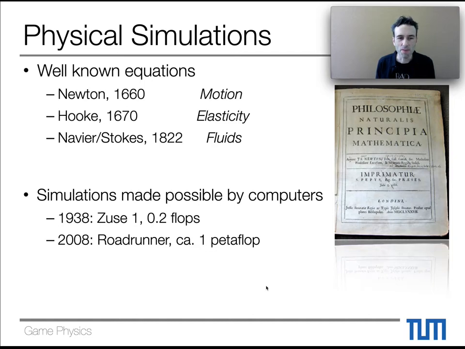One of the milestones, in 2008, also more than 10 years ago now, was the Roadrunner architecture with the petaflop, and by now the hardware seems to change a bit. We're moving towards these GPU parallel architectures, but nonetheless, the compute power we're seeing is still constantly rising. In a way, this is also what makes it possible to really compute interesting things with the physical models. This is really one of the crucial things, and one of the reasons we're talking about this in this lecture.